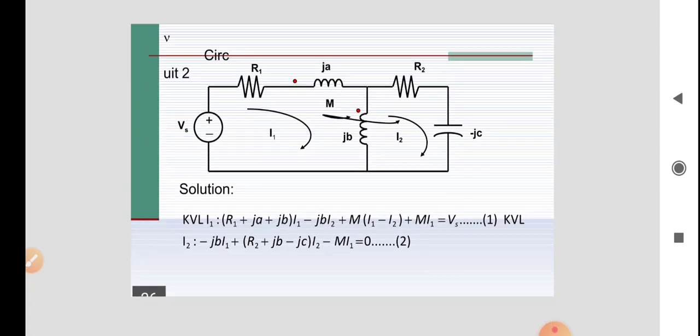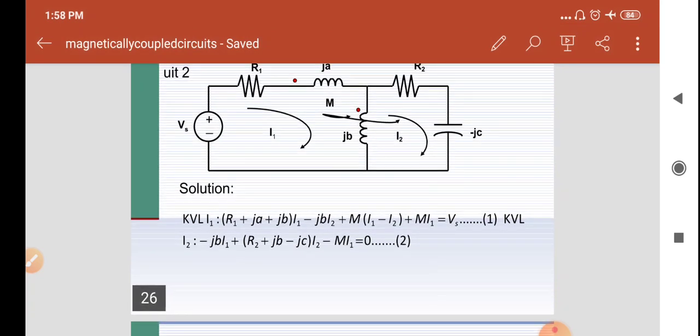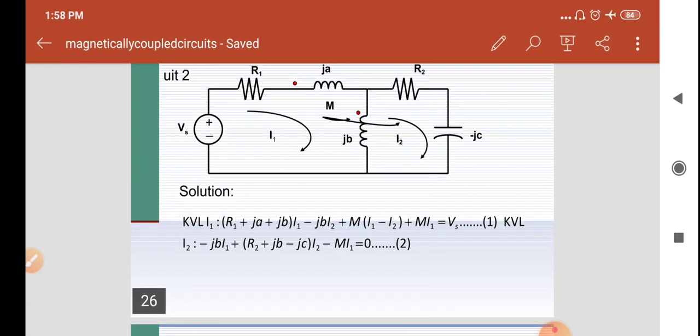Now the reference current is I2, so the I2 current is flowing from coil to dot, but for the opposite current, in the other dot, the current is flowing from dot to coil. In the present dot, I2 current is flowing from coil to dot. In the previous one, the current is flowing from dot to coil. As both currents are in the opposite way, the mutual inductance has a negative sign.